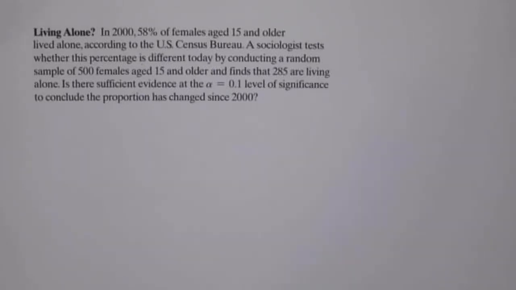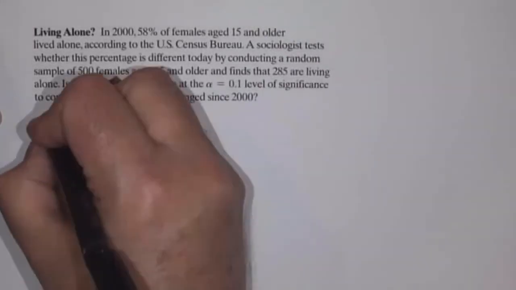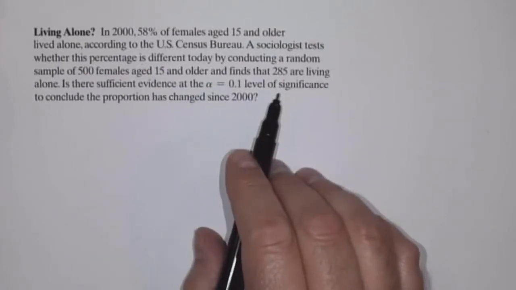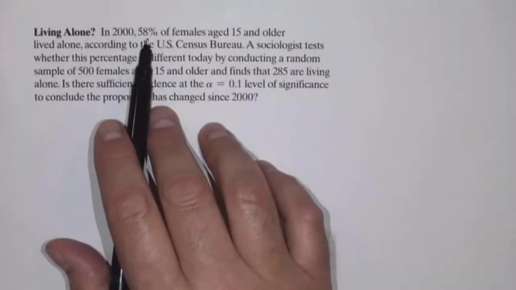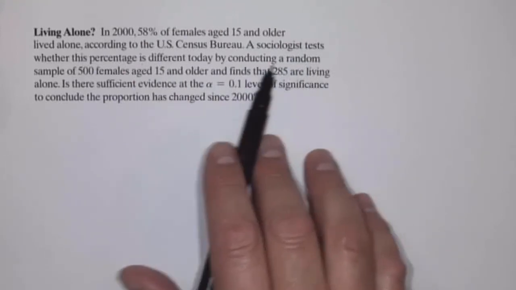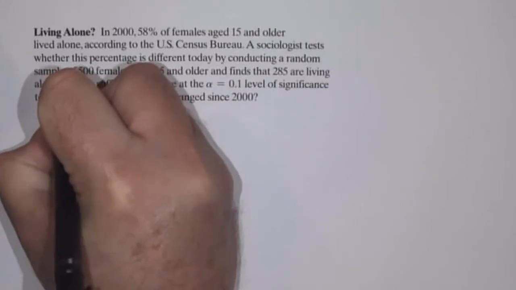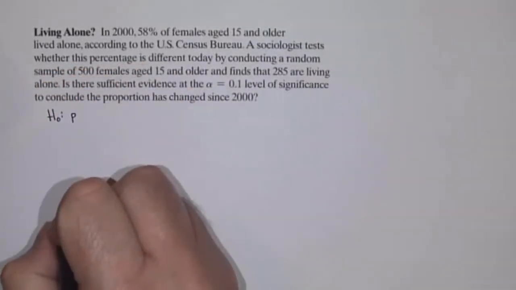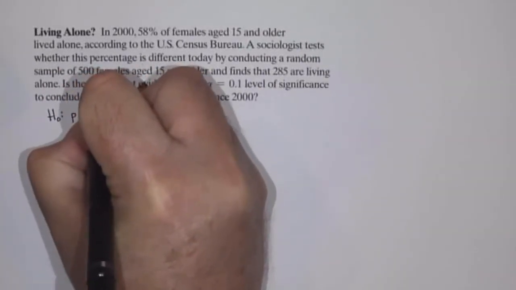Well, so we want to conduct a hypothesis test. I'm going to start this time by writing down what the null and alternative hypothesis would be, and then we'll check our conditions and go from there. So this is a hypothesis test regarding a proportion, and so in 2000, the proportion of females that lived alone was 58%, and this sociologist wants to know if it's different today. So our null hypothesis is going to be that the proportion of females that live alone is 58%, or 0.58,